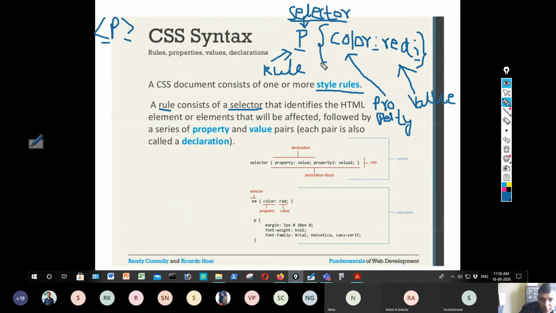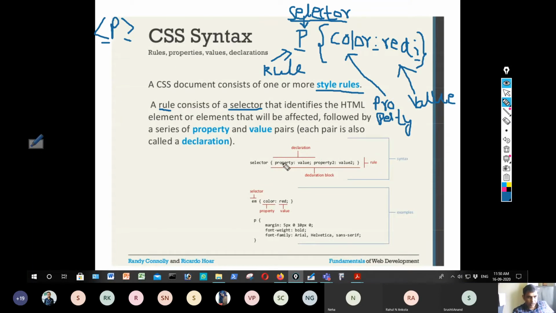What is present outside the braces is the selector, which is the name of the tag or element without angle brackets. It identifies to which HTML element the style should be applied. You can see the syntax: selector, property colon value, property 1, property 2, and so on.